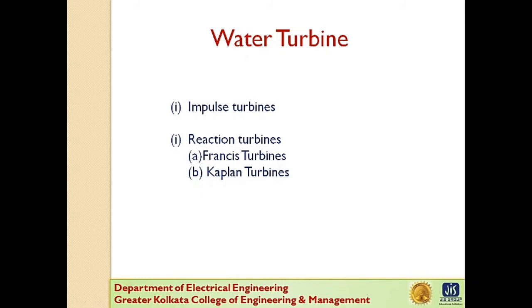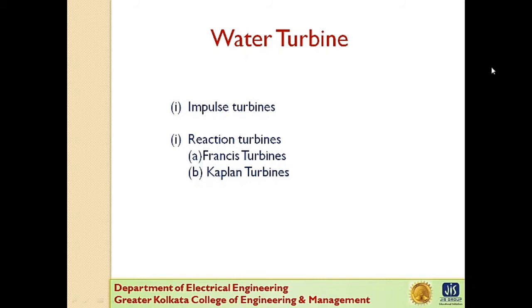Next one is the water turbine. Now water turbines are used to convert the energy of falling water into mechanical energy. Now there are two types of water turbine, impulse turbine and reaction turbine. First is impulse turbine. Now such turbines are used for high heads. In impulse turbine, the entire pressure of the water is converted into kinetic energy in the nozzle, and the velocity of the jet drives the wheel. It consists of a wheel fitted with elliptical buckets.